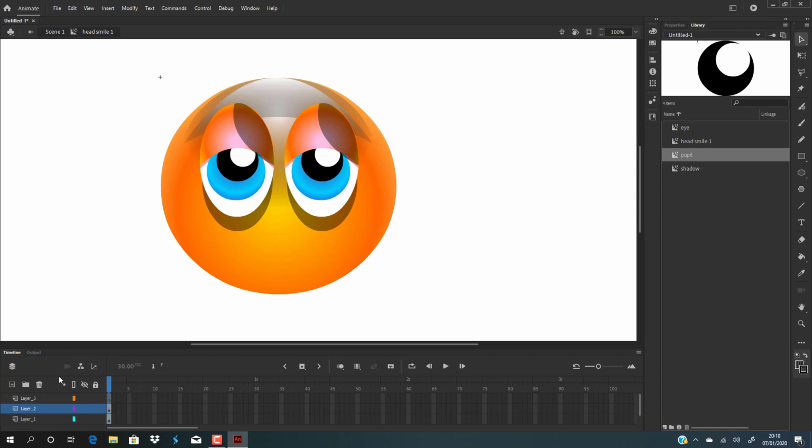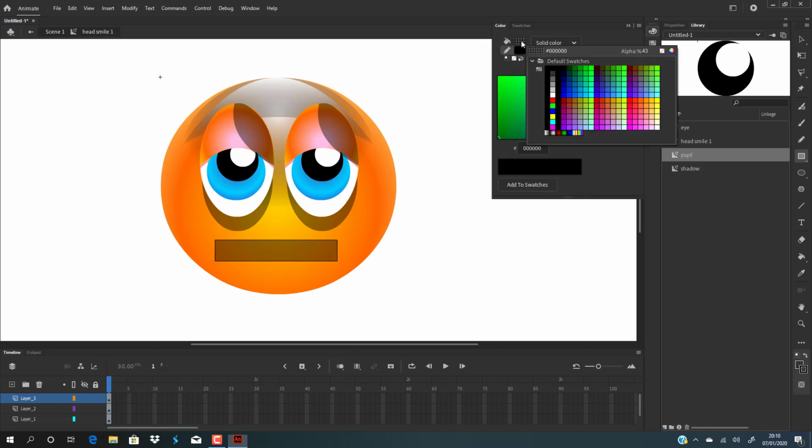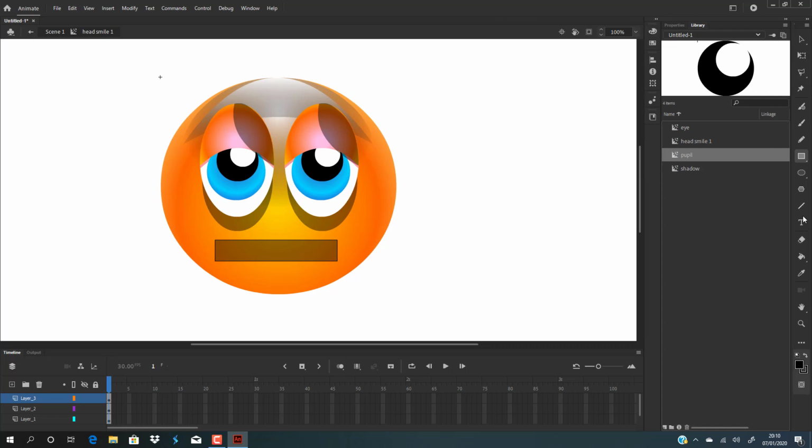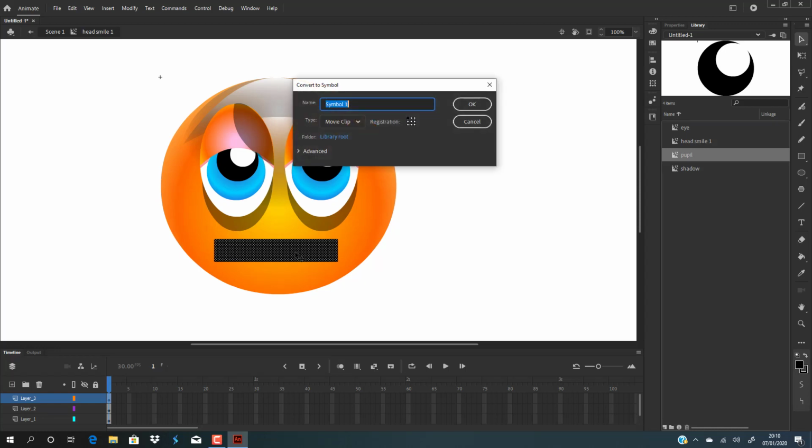Just click back in, go on layer 3 and then pull out a solid black. So you just want to get a solid black, and really simple, just grab the black and say F8, mouth,